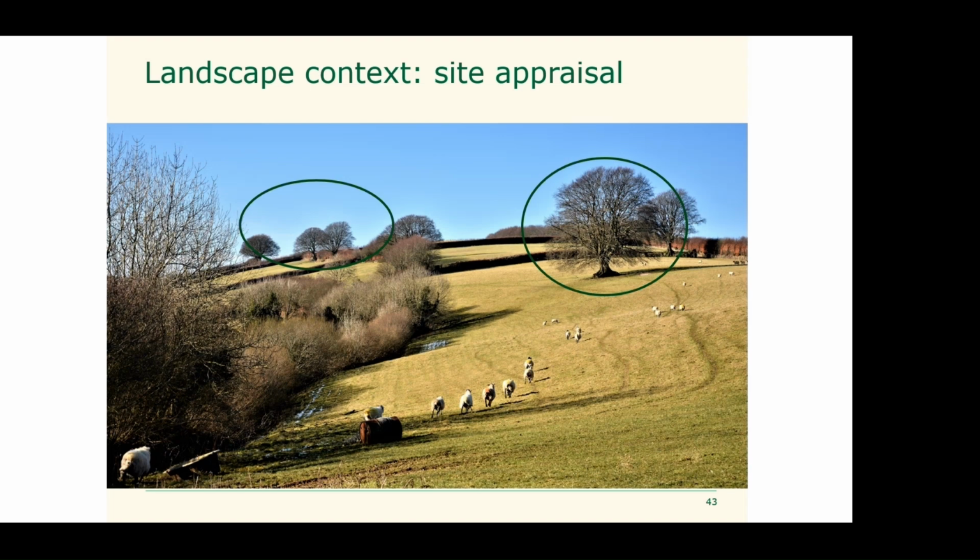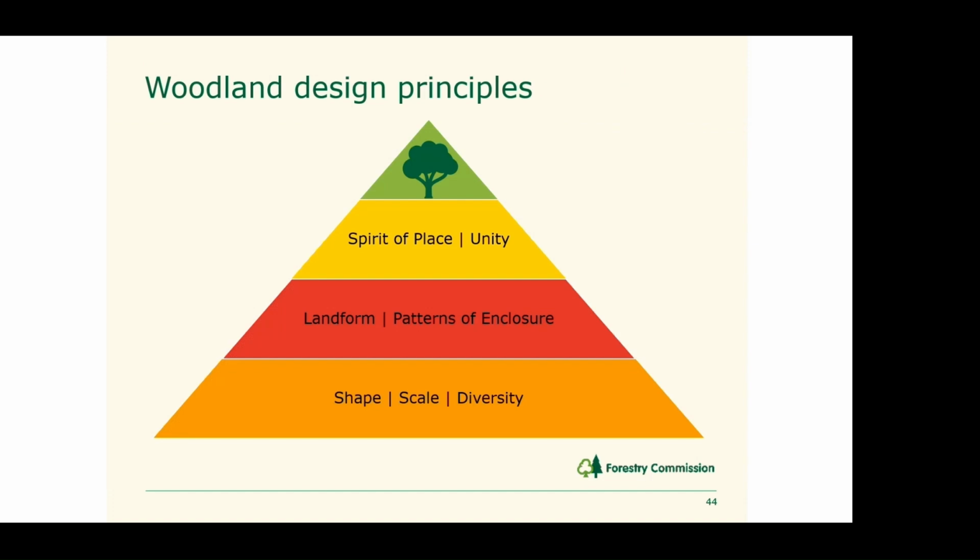But always bear in mind the amount of light and space that scrub in particular, and woodland edge, needs. So I mentioned woodland design principles. This is a diagram, hopefully covering the 7 design principles, and hopefully it's making it quite clear to grasp. Starting at the top, the 2 that really need to be considered at the very beginning is the spirit